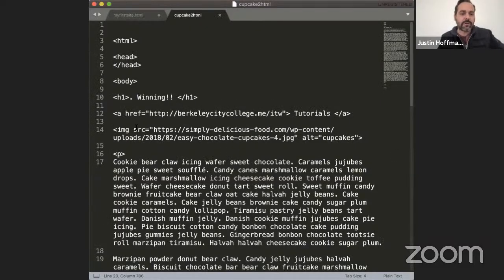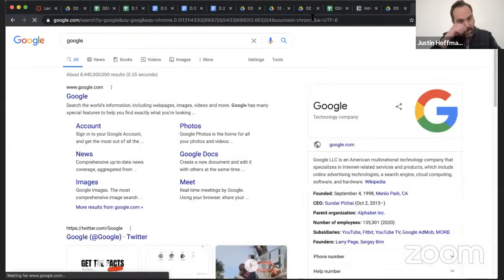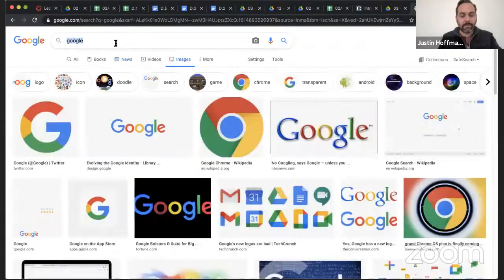Just to show you guys once again, image source means that you're going to put an image, and then you just put in the absolute path. The absolute path includes the HTTPS. To do that, you could just go to a browser. If I go to my browser here, I found that cupcake picture by just doing a Google search. So if I go to Google and do an image search, and then I type cupcakes,